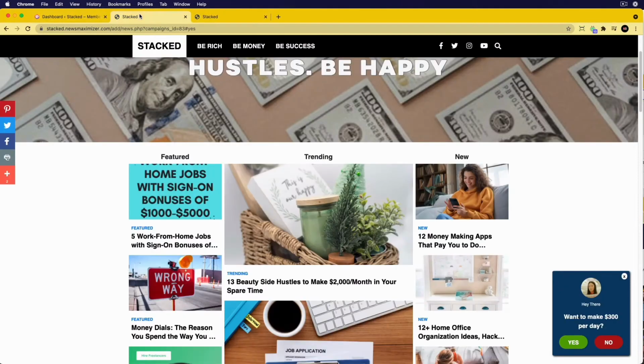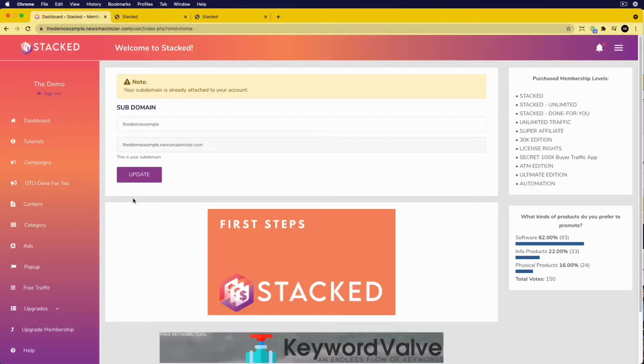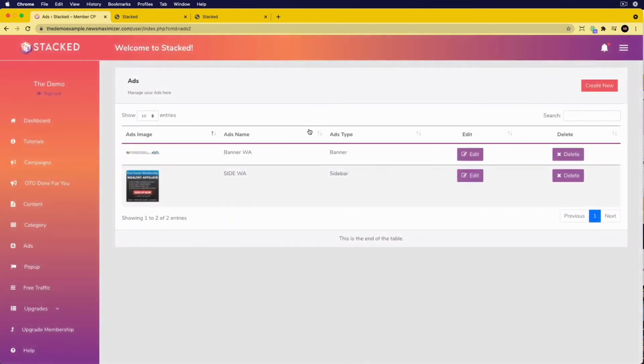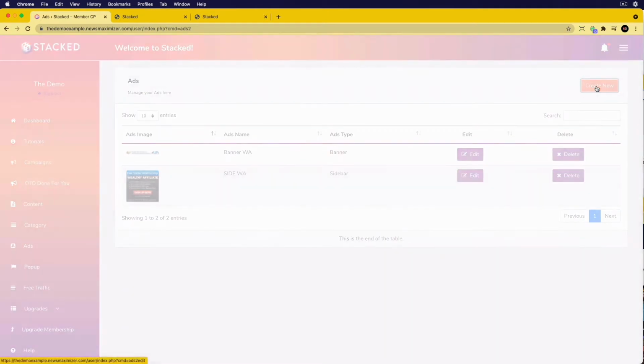Okay, so what we need to do is consider a few things first. The first thing is to decide upon the ads. Just to set up your ads and to set up your pop-up, this is what I'd recommend doing first. Just get this out of the way. So we click on ads, and we can click on this red button here,